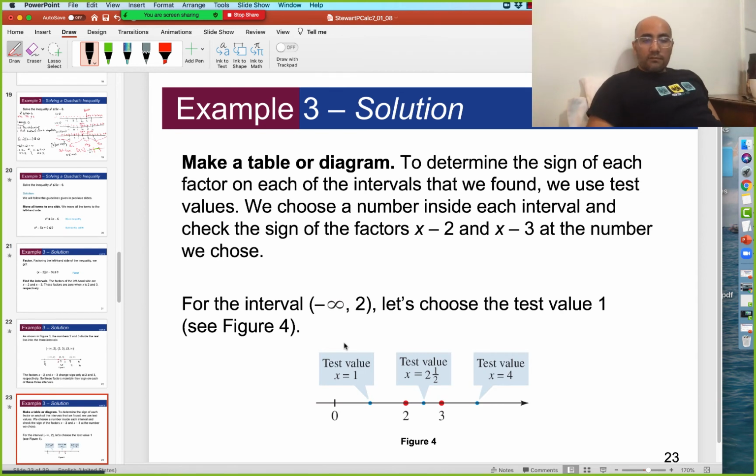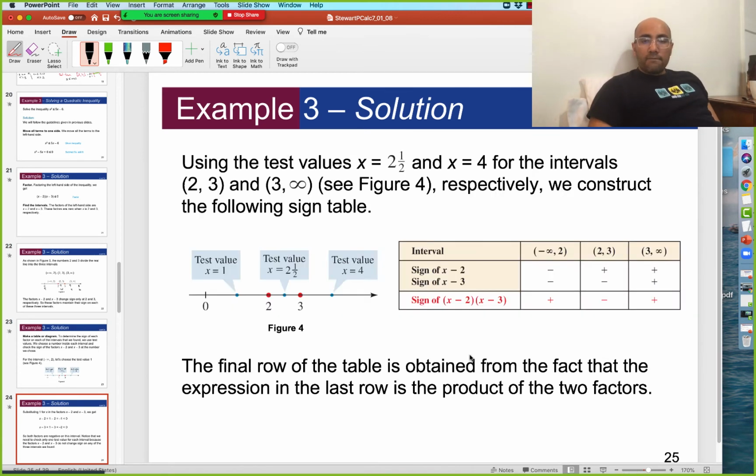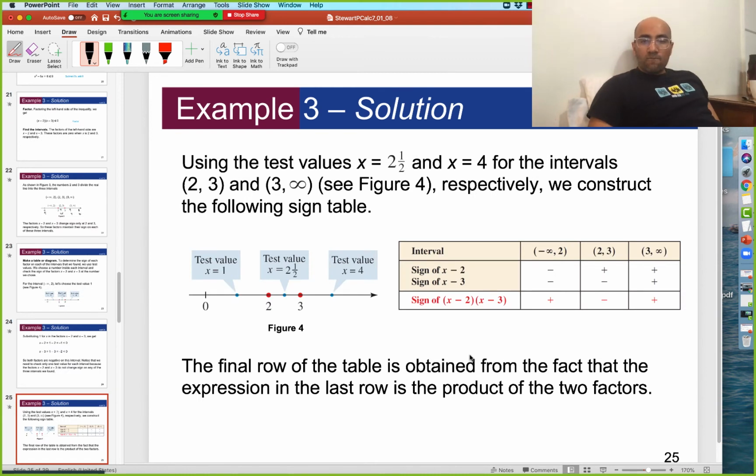So they pick some test values. They use the test value of 1 to the left of 2, they used 2.5, and then they used 4. So you just plug it into your equation and determine whether it's positive or negative for each of those sections. So that's how they create the little table here to determine when it's positive, when it's negative, and figure out